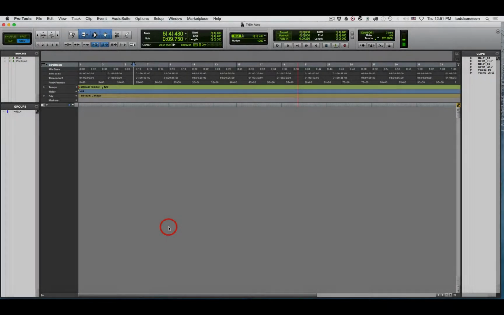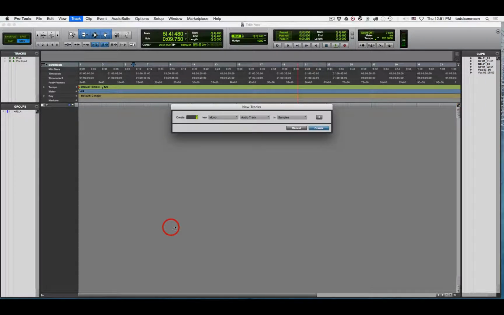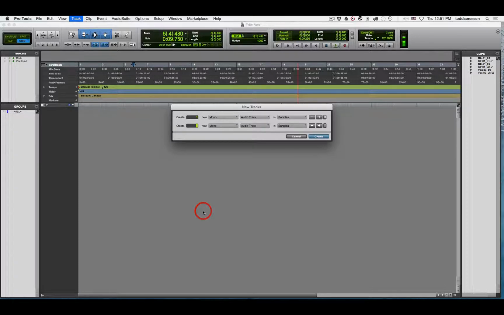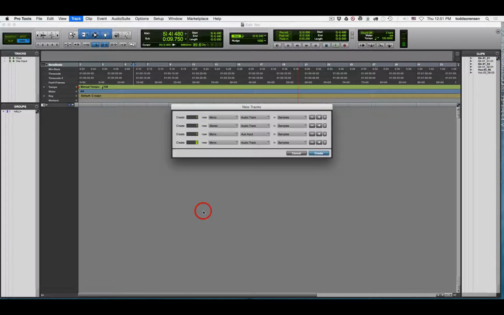Okay, I'm going to add a few tracks now, and we're going to talk about track types. So Shift Command N, I'm going to go one mono, and I'm going to go Shift Command down arrow, and then Command right arrow, and one stereo audio track, and then Shift Command down arrow, and then I'm going to go down arrow to add one auxiliary input track,